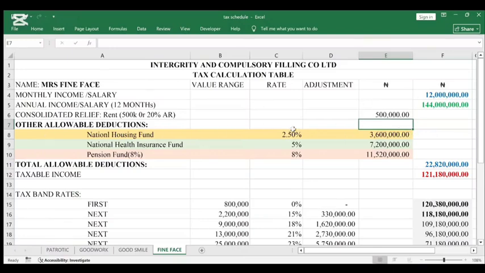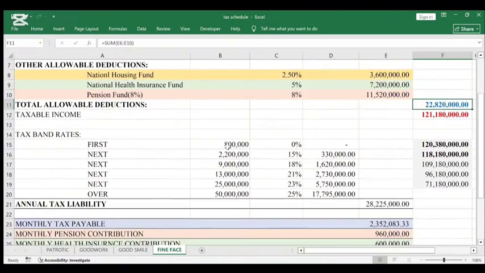Now her housing fund, 2.5%, gave us that. Our health insurance fund. So you know how we got this figure already. We just took them annually and multiplied by the annual income. Right? We got this. Now this is her total allowable deductions. If we subtract this from the 144 million, this is her taxable income that will be applied by this rate,